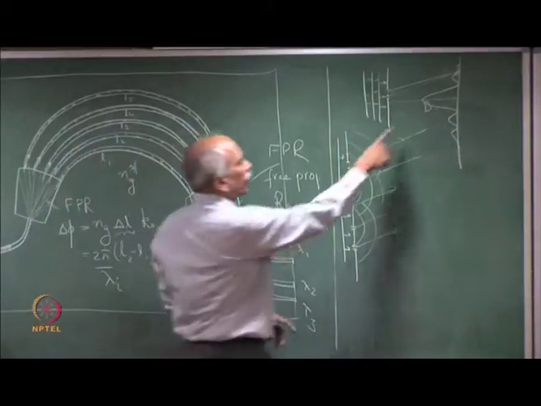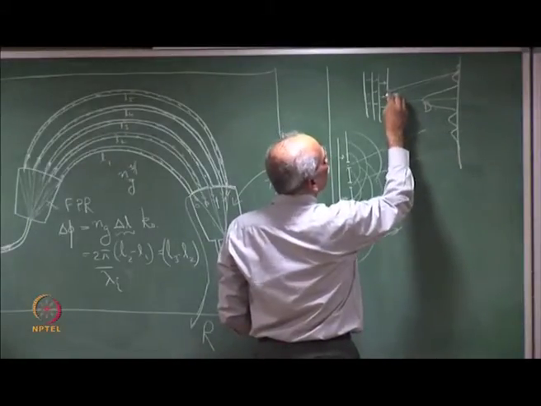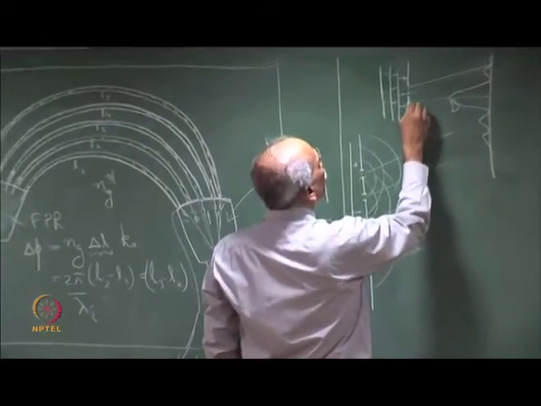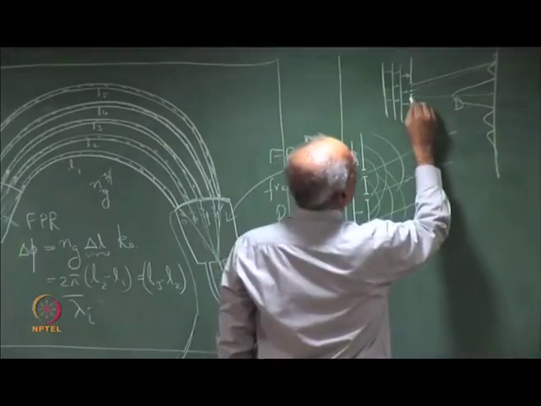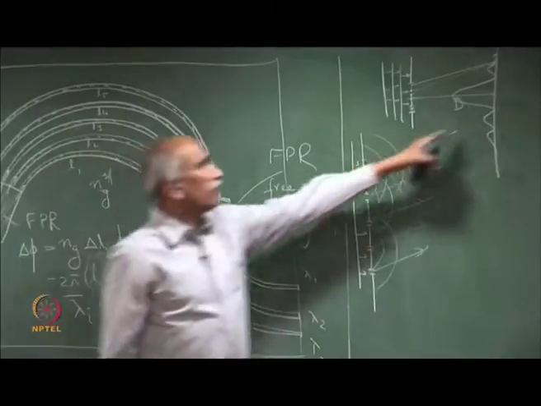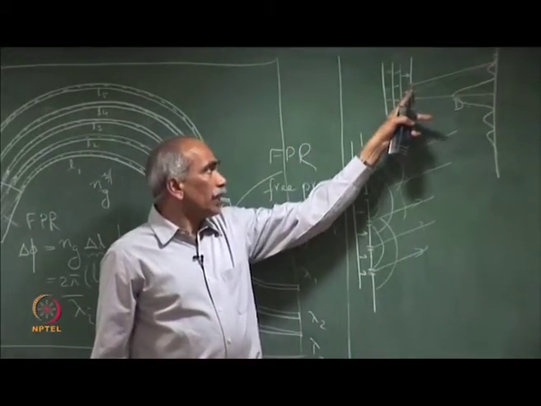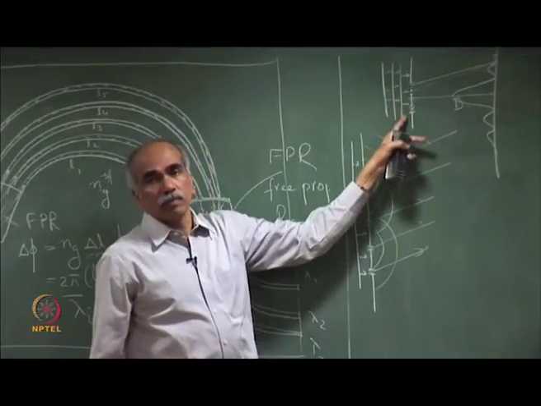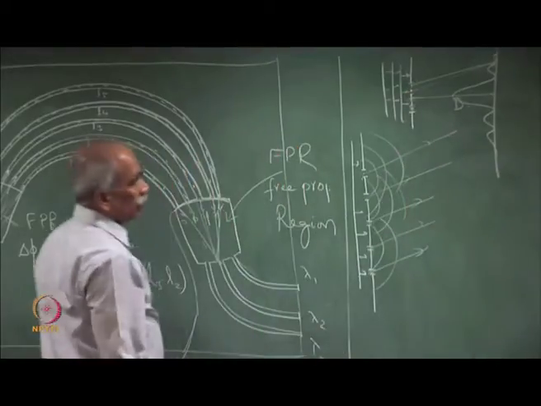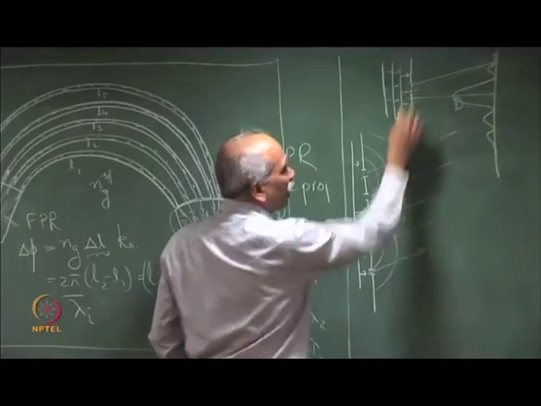So, we get this pattern so that the peak remains exactly in the center. Let me show the slit here. So, these are the various points. The peak remains exactly at the center, and here is the diffraction pattern that we get. This is by assuming that all the point sources are in phase, but if we assume that these point sources are separated by a phase difference of phi,